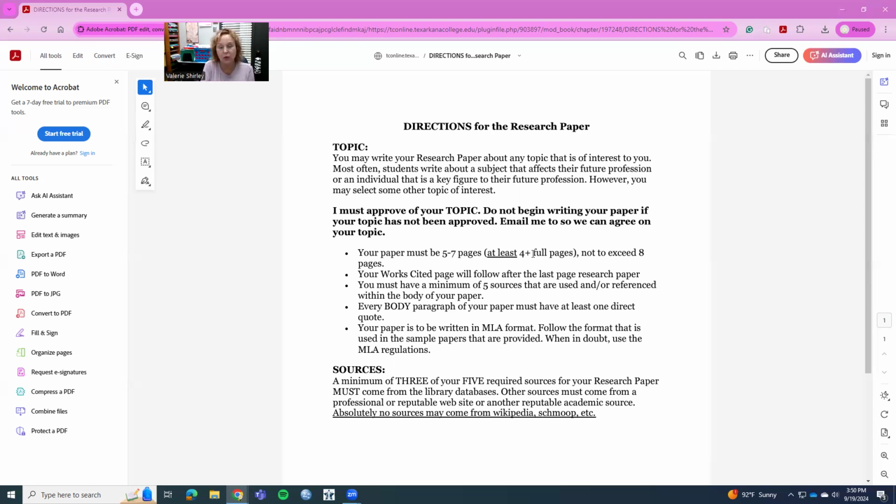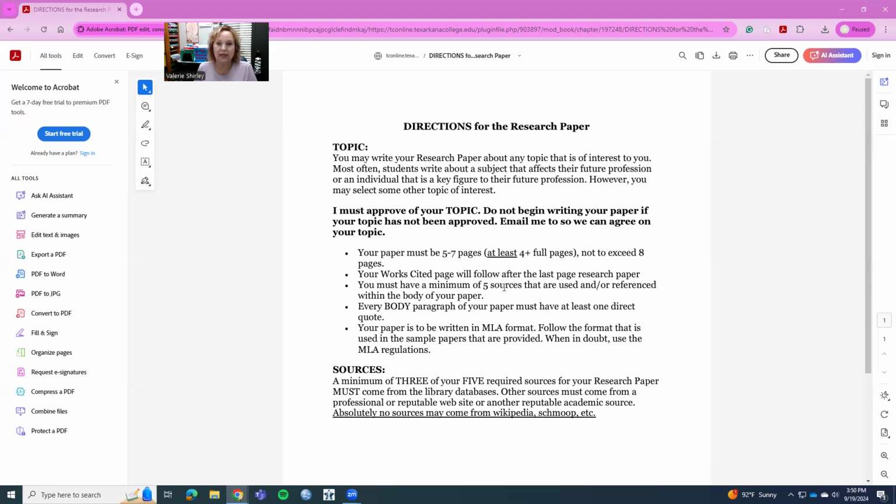For your grade, I would shoot for the full 5 pages in length and go a little bit longer if you'd like to. If you go beyond 8 pages, I will love reading it if it's well written, but I hope you don't do that to me. Anyway, the works cited,